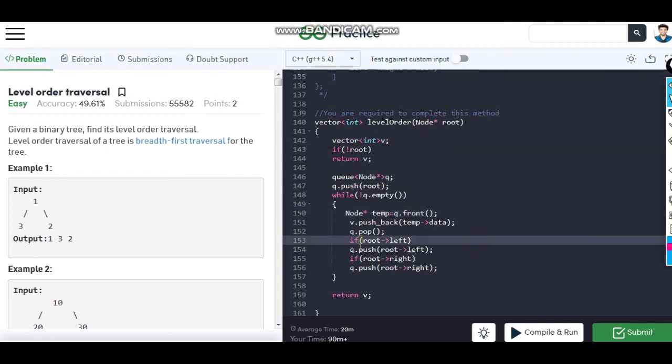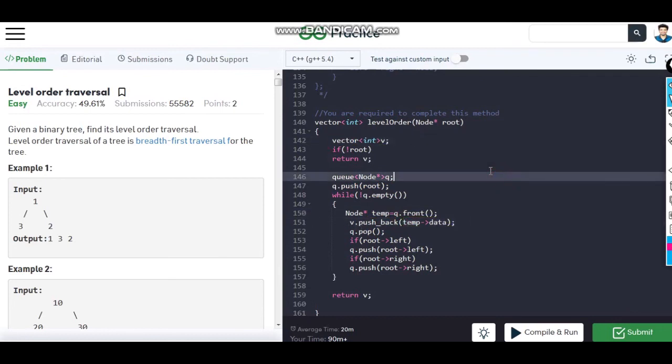And now we will check if root has any left, then we will push that into the queue, and similarly if root has any right, then we will put that node into the queue, and similarly again we will come to this point, we will take the front node from the queue and put it into the temp, and the temp's data will be pushed into the vector.